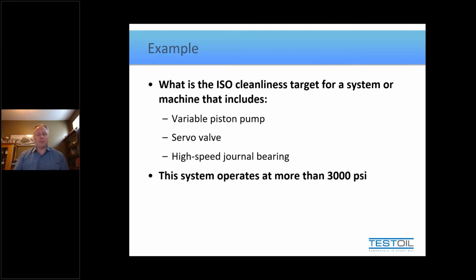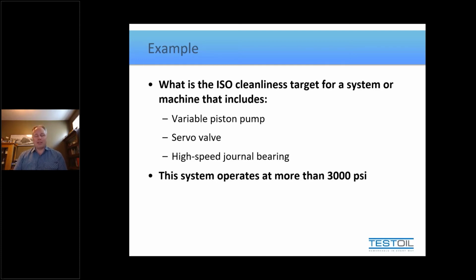Now, as long as you know the system pressure, you will now have enough information to be able to determine what is my typical target cleanliness. So in this case, let's say it runs over 3,000 PSI at the maximum, somewhere within the system. So knowing this criteria, we can go forward and identify what is my target cleanliness. And this is a bit of an eye-opener for some people, because a lot of people suppose that each machine type has its own target, that you would set the target for a gearbox different than a compressor, different than a hydraulic system. And that's not always the case.